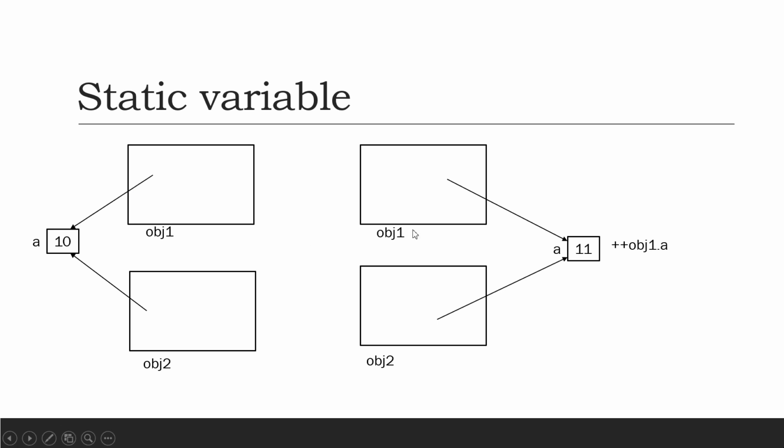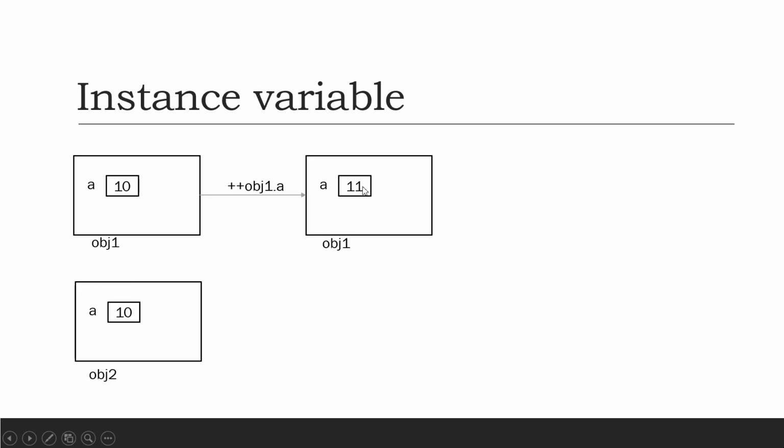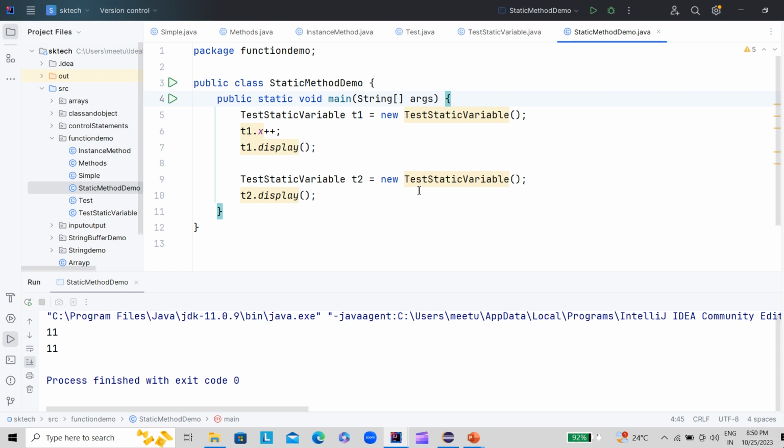If we modify this value with the help of object 1, then the updated value will be visible to object 1 and also the other object like object 2. But in case of the instance variable, the updated value is visible only to object 1, not object 2. So this is the static variable and instance variable, and also the static method and instance method.